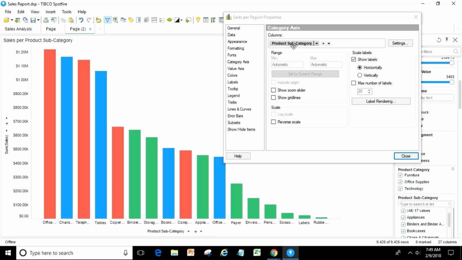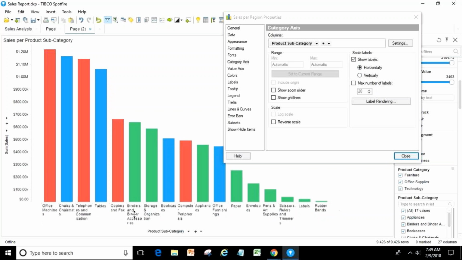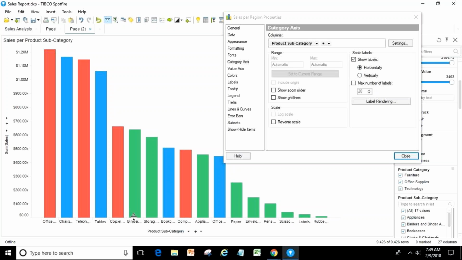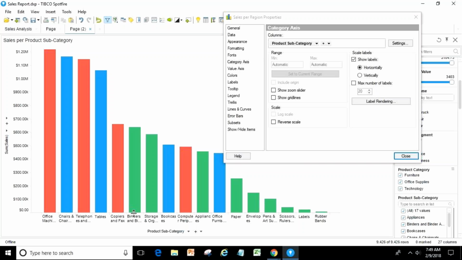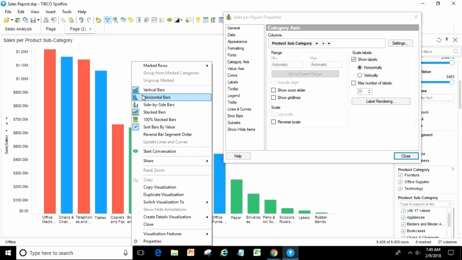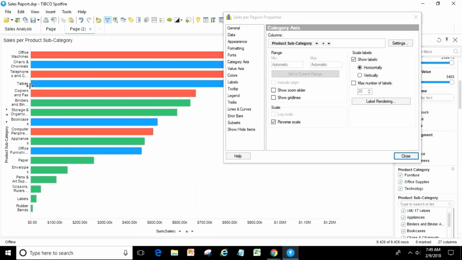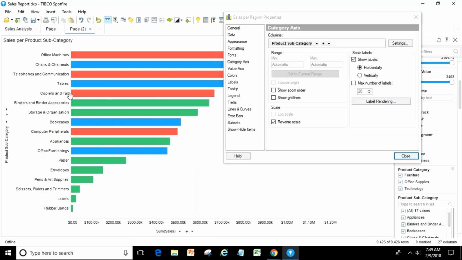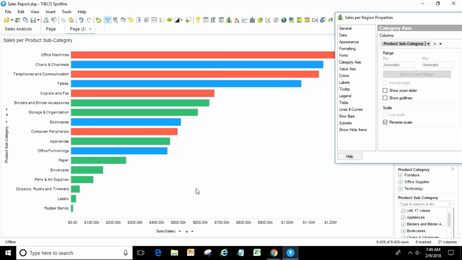Now on your x-axis, you have used product subcategory. You use the range also, or labels. Labels like this are coming here on your x-axis. You can increase this, just use a cursor or mouse, and you can expand this. But still it is not coming fully. In this case, I can make it horizontal, and this case it looks good. When you have many bars, this kind of view looks good, isn't it? This one is looking better than the other one.